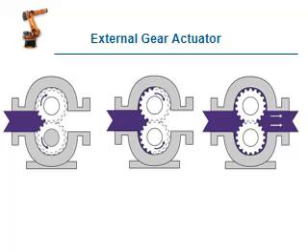The first figure shows the oil entering the port. The second figure shows the oil rotating the gear, so the rotary motion is created in the gear and the shaft gets the rotary motion. Then the third figure shows the oil outlet. So here the rotary motion is obtained by high pressurized oil. This is one type of external gear actuator.